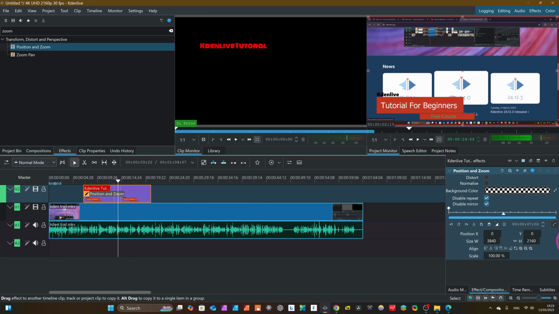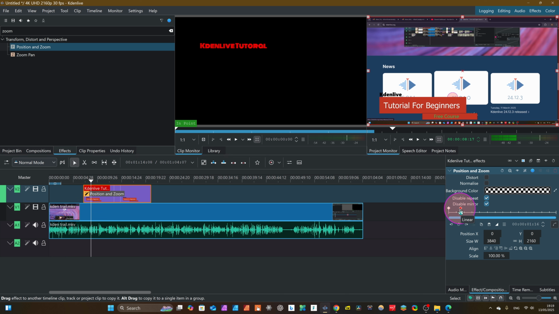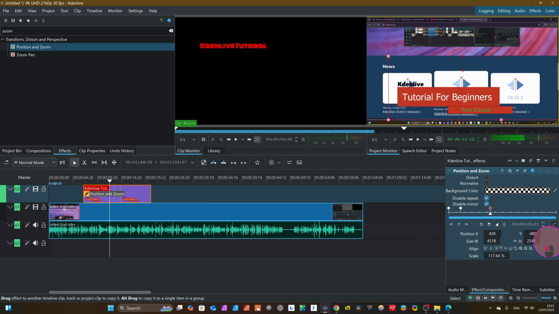So you see, once you click here, this position and zoom will appear here, and here you can start keyframing. So dear friend, our video is here, and when our frame will be here, we will start keyframing. Add here, you see our red diamond means keyframing is active. So we can change the positions here. You see, we can scale like this, and we can shift the position up and down, like this. And when our frame is here, we will start keyframing again, add again, and we will tag this position something here, you see.